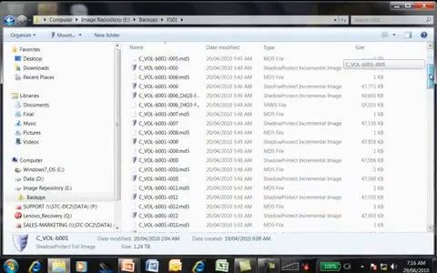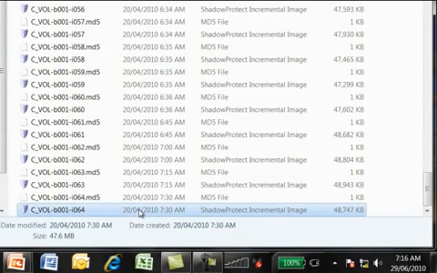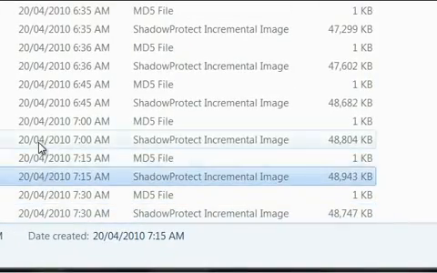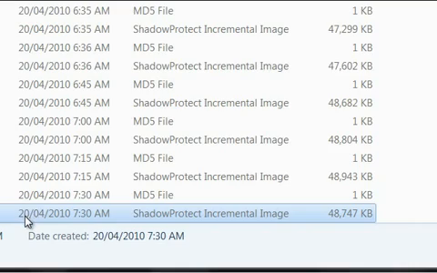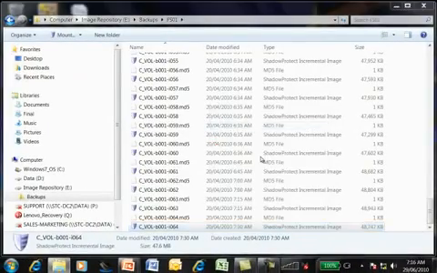So we scroll down through our backup images, scroll down to our last backup image, because of course we've just had a hardware failure, so we want to lose as little data as possible. So we'll go to our last incremental backup from 15 minutes ago. Now of course if we've had a virus or a corruption of our database, we could go back 15 minutes, we could go back 30 minutes, we could go back 45 minutes, etc. In this case, we've had a hardware failure, so we want to lose as little data as possible, so we'll go back to 15 minutes ago, do a right mouse click, go to Virtual Boot,